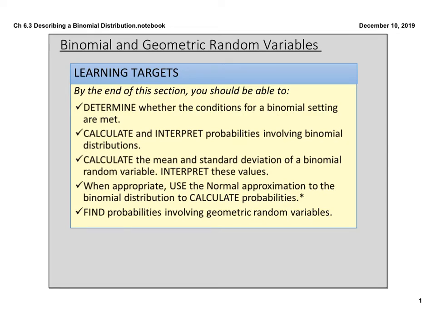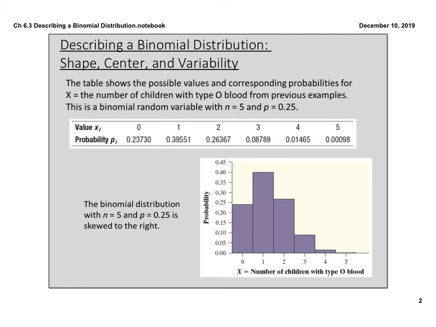We are still talking about binomial distributions, and today we're going to talk about how to describe a binomial distribution. When we are describing a binomial distribution, I want you to think back to chapter 2 when we would describe normal distributions or other graphs and charts. The same kind of concept is going to be used here. So we're going to talk about the shape, the center, and the spread, or in other words, variability of the